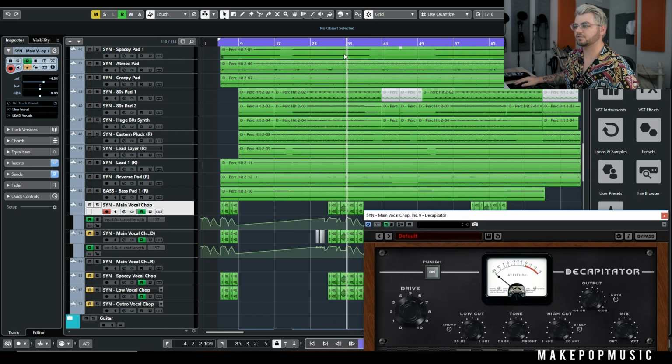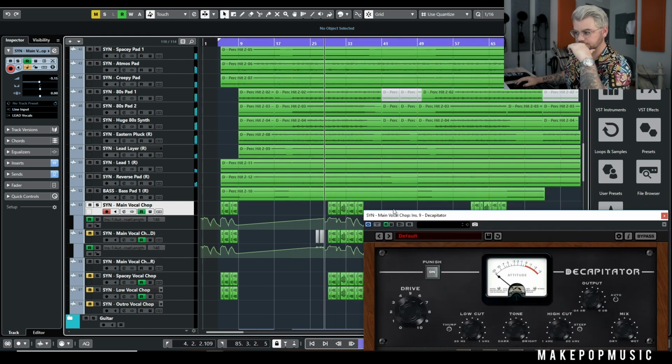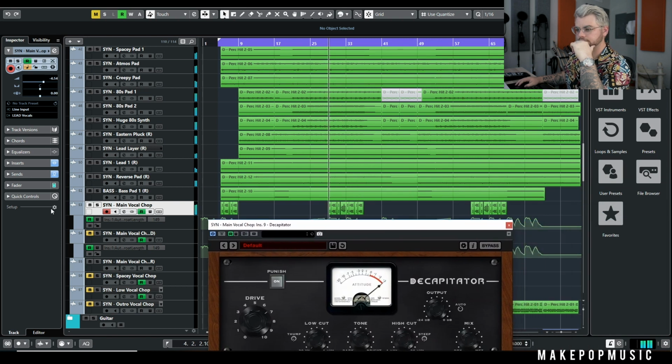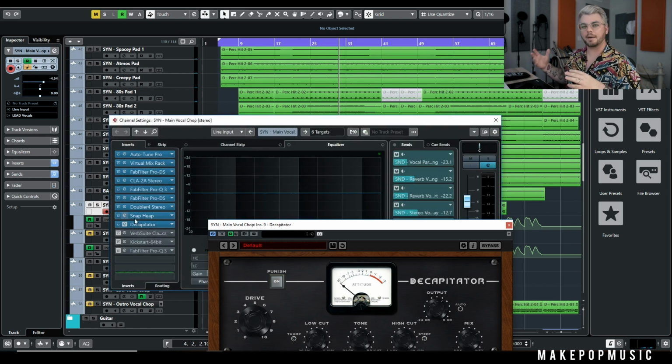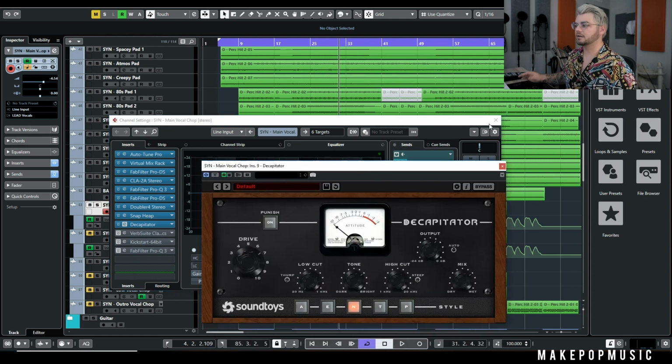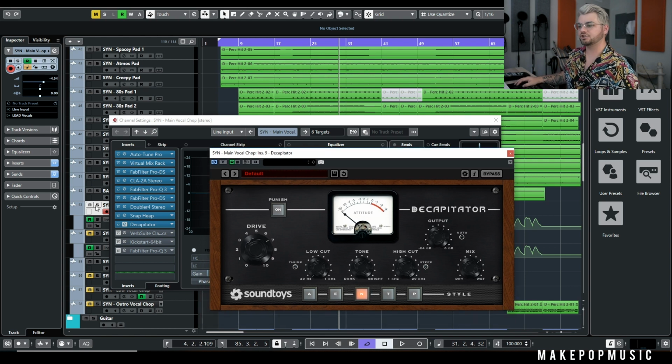So here's what it sounds like with distortion out in the mix. That's helping it come back up to the front of that mix again. That way it's not getting really lost, especially after Snap Heap brought all of that down with the formant filter. So I like Decapitator a lot. It's normally my go-to saturation. You could also use something like FabFilter Saturn. Most DAWs have a distortion or a tube saturation or something like that. Just drive that pretty hard and you'll get that crunchy, gainy sound,